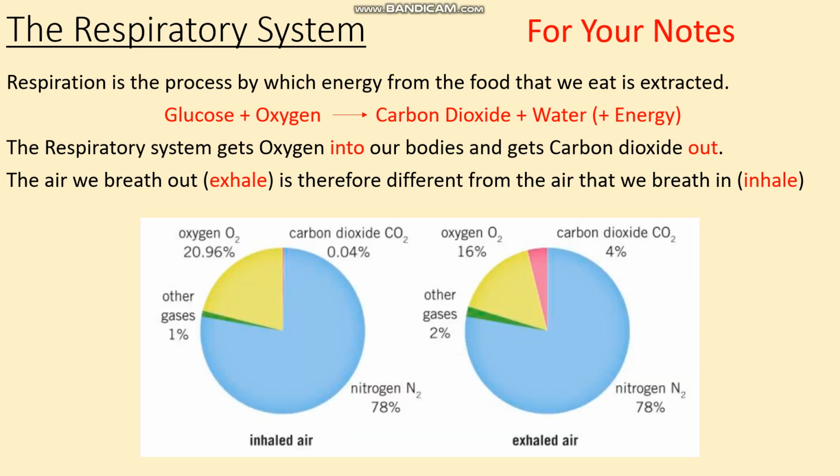So if we look at them then, the inhaled air, the first thing you notice is most of the inhaled air, again from a previous unit, is mainly nitrogen. Over three quarters is nitrogen, and that's unchanged, because it's not involved in respiration itself. Respiration, however, does involve the using of oxygen. So if you look at the air that's breathed in, we've got around about 21% there. The air that we breathe out is only about 16% because some of that oxygen has been used